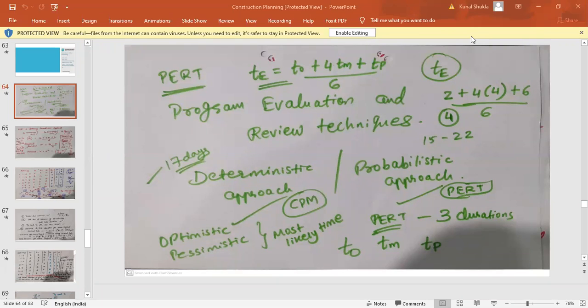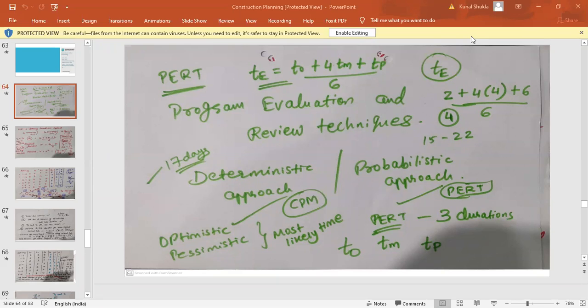So this is basically called a deterministic approach. Deterministic approach means I can decide or predict that this much amount of time will be taken. In the case of a residential building, where generally repetitive works are used, repetitive works means on the upper floors there is a duplication of the activities of the ground floor, first floor, second floor. So this is called a repetitive work. So repetitive works always have a good inclination towards the CPM method because it is a deterministic approach.